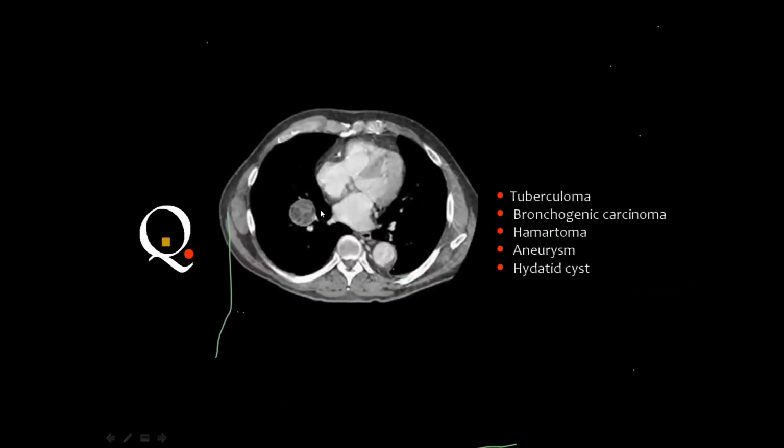Next case, there is a lesion in the CT scan, and these are the possibilities: tuberculoma, bronchogenic hamartoma, aneurysm, hydatid cyst. Yes, the answer is hamartoma, and hamartoma is right because there is a smooth margin in spite of absence of calcium, and you got internal hypodensities representing fat. And fat is one of the classic criteria of hamartoma. Of course, if you see popcorn calcification, it will